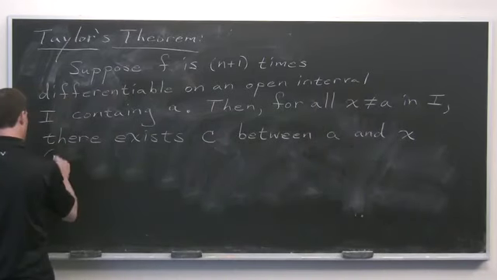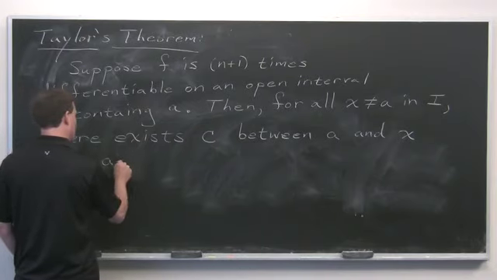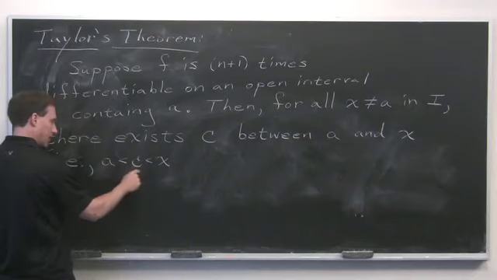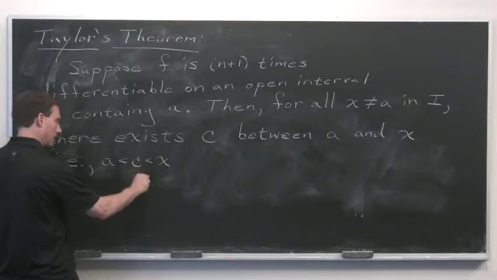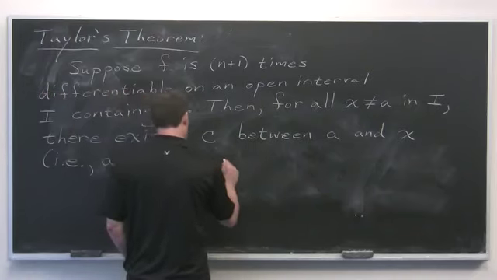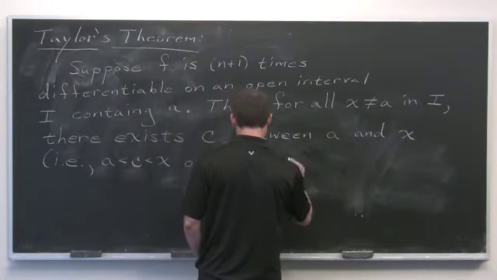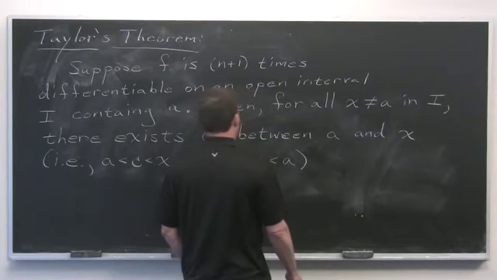There exists C between A and X. So this means, i.e., and this is strictly between. If A is less than X, then we mean C is between A and X like this. Or if X is less than A, then you would have C here. Such that